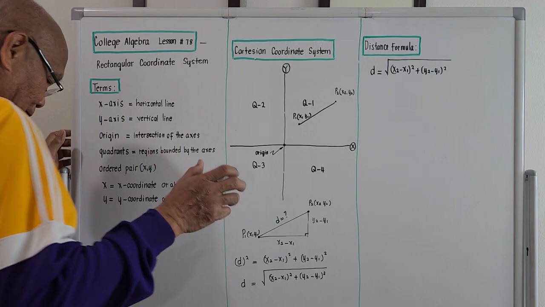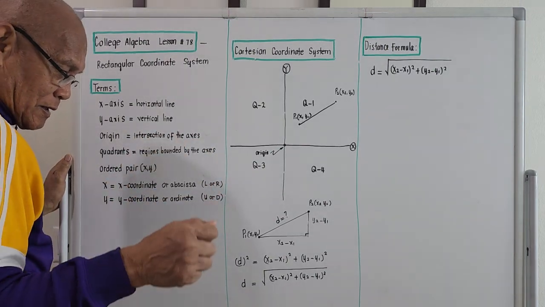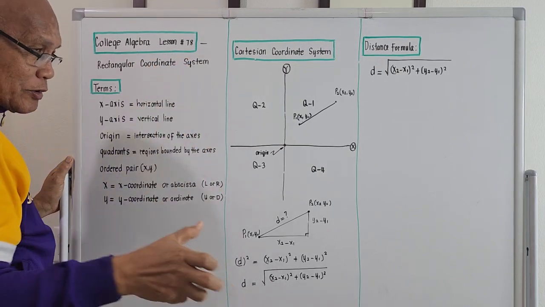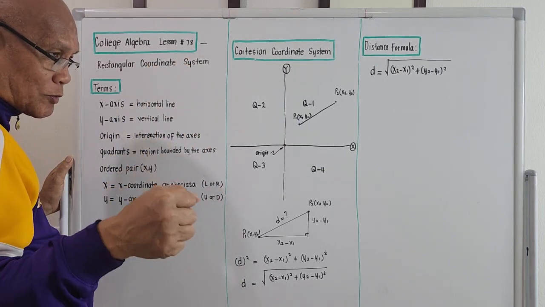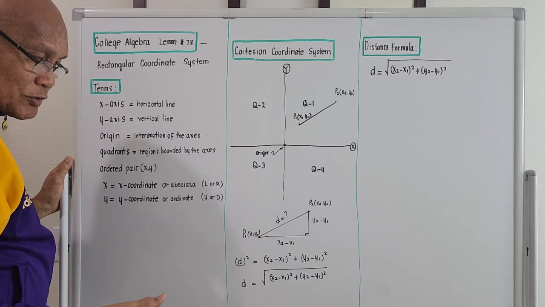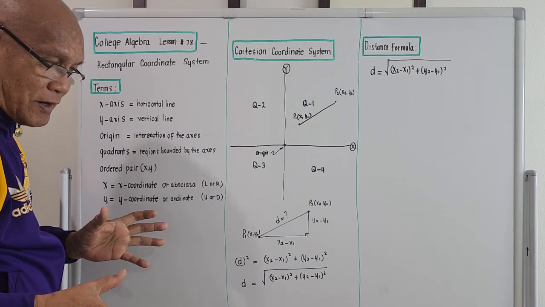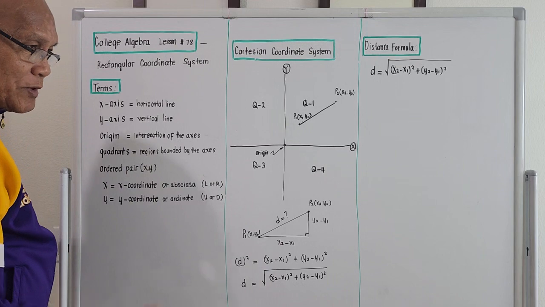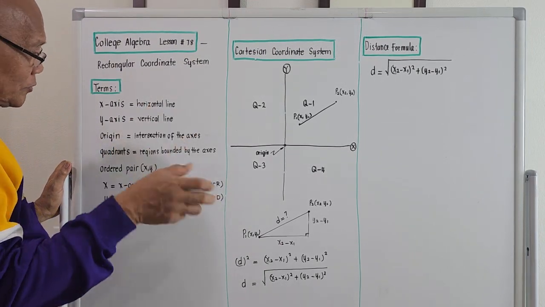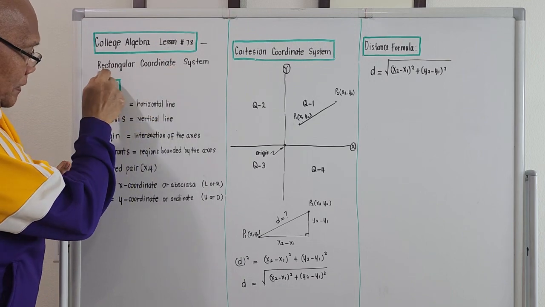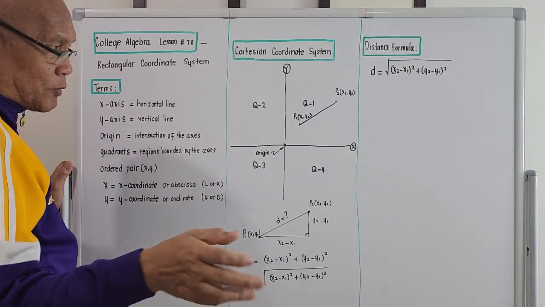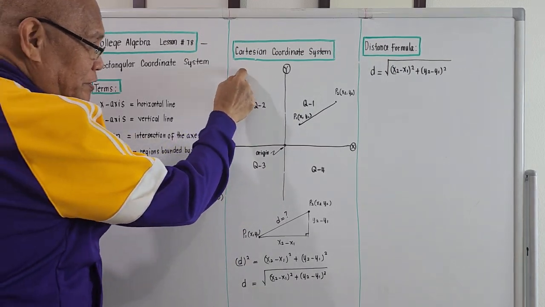The subject matter for this morning will be college algebra. This is lesson number 78. We are running smooth. We are almost done with college algebra. These are just additional topics I included in the college algebra topic that I am lecturing. The title of the topic will be rectangular coordinate system, or the other term for this is the so-called Cartesian